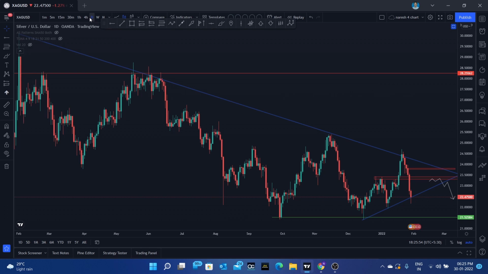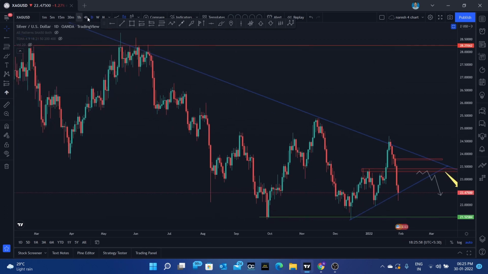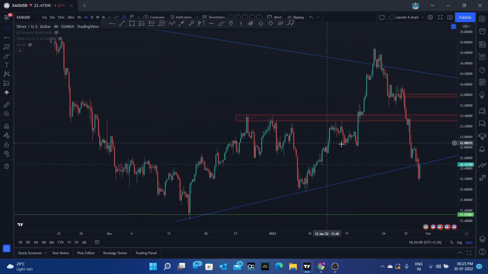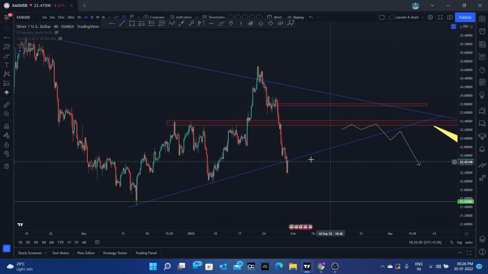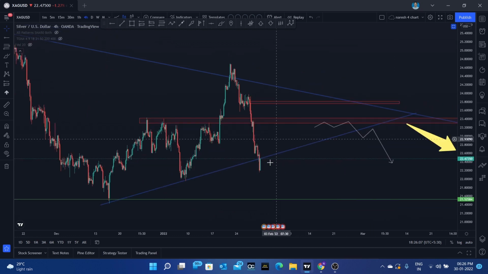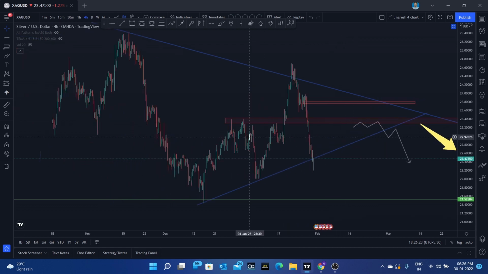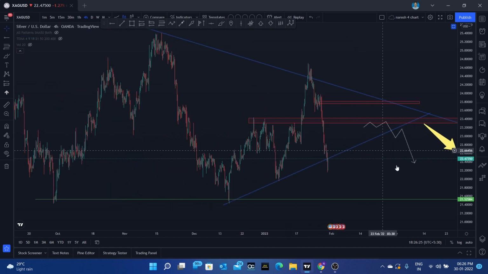In 1 day time frame, silver is in major downtrend, and in 4 hours it is in a little bit of uptrend, but the major trend is downtrend. So we can go for long here if it is forming a little consolidation and breaking this area. You can go long and take this as a target. And if it is forming consolidation again, holding this area and breaking down, you can go for short entry, because the major trend is downtrend.